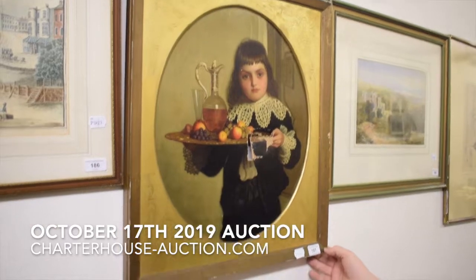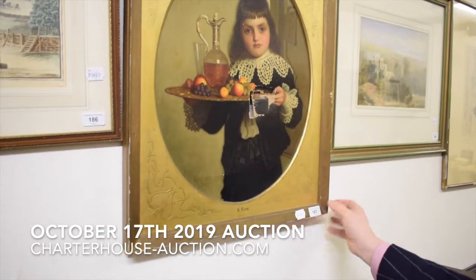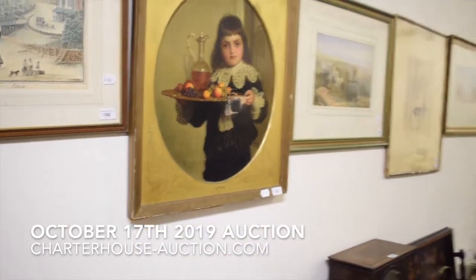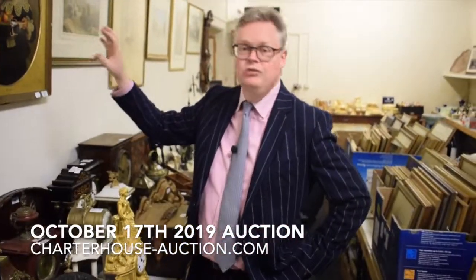This one, the client thought really didn't have any value at all because of the condition of it, but it's eminently restorable. We would argue that it's actually in nice original condition, even with a dirty great big hole in there, and the value on that, with a little Scottish boy there, is probably between £100 and